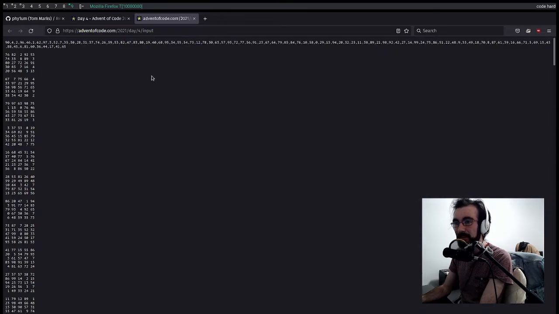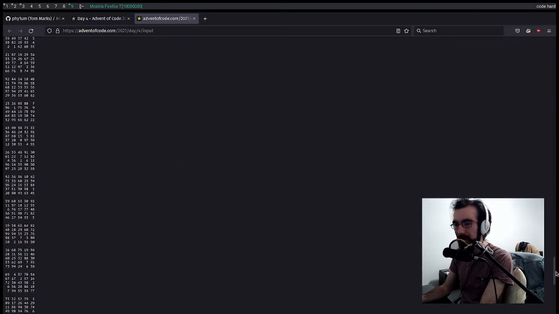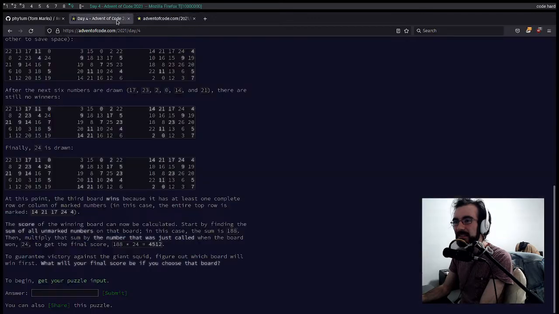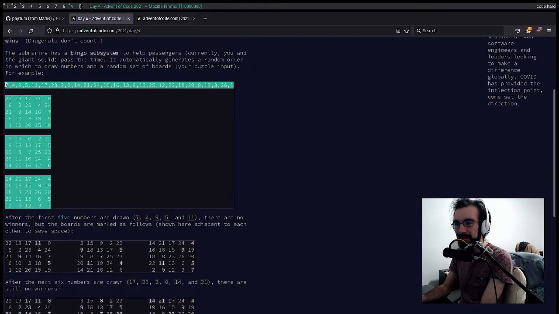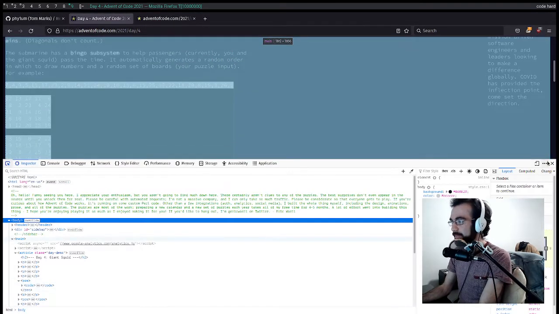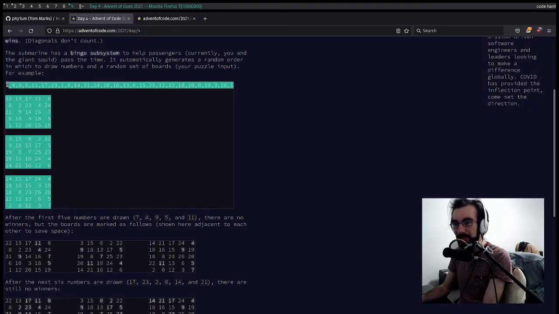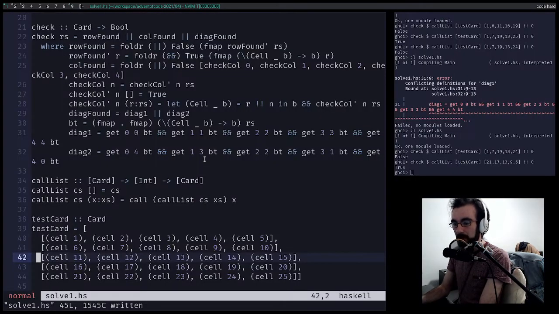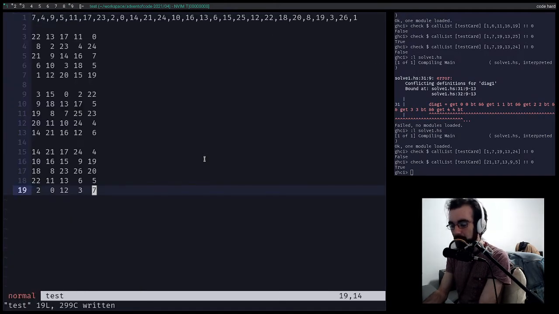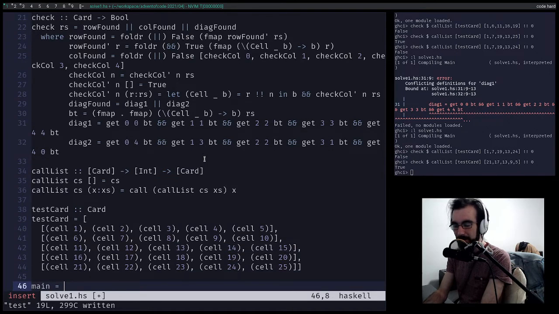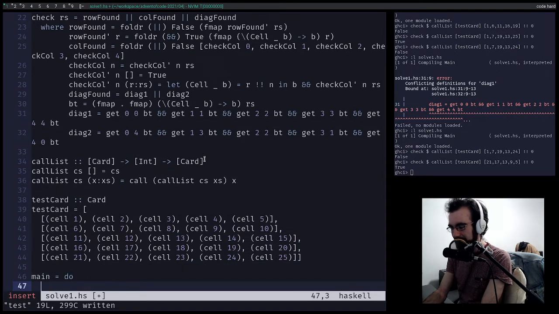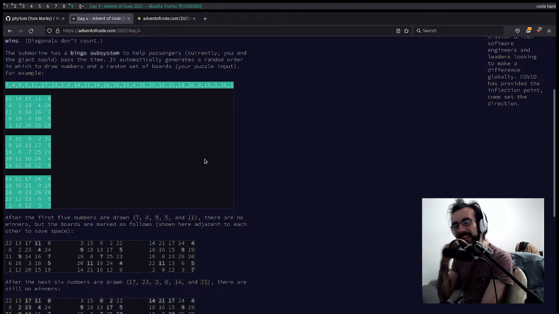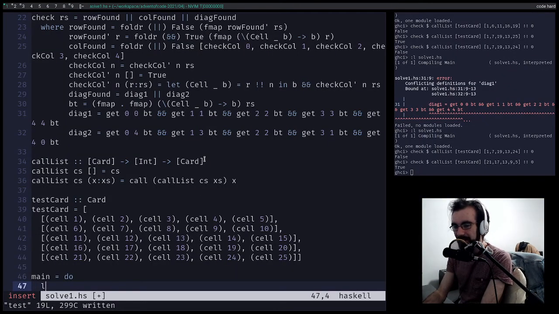Let's actually grab my puzzle input, right? Cool. So this is a bit meatier than the example one. Let's start with the example one. I'm just going to copy and paste this into a file. That is not what I meant to press. Copy. Let's go test. Cool. Okay. So main equals. We want to read this. Do we want to read this line by line, or do we want to just say input is read file test